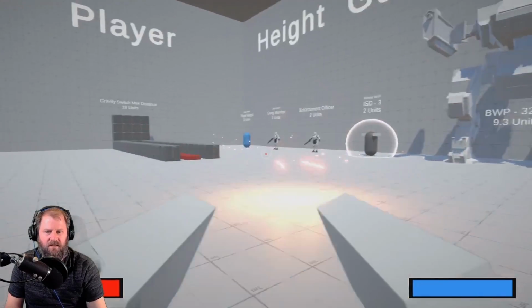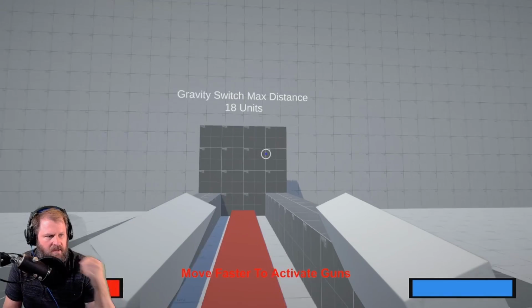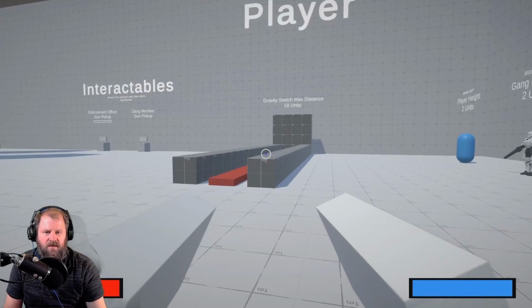Full disclosure, I have played this before and I had a lot of fun. I like that you are using an existing mechanic for your own personal game for the level design class, because then you don't have to worry about rebuilding it.